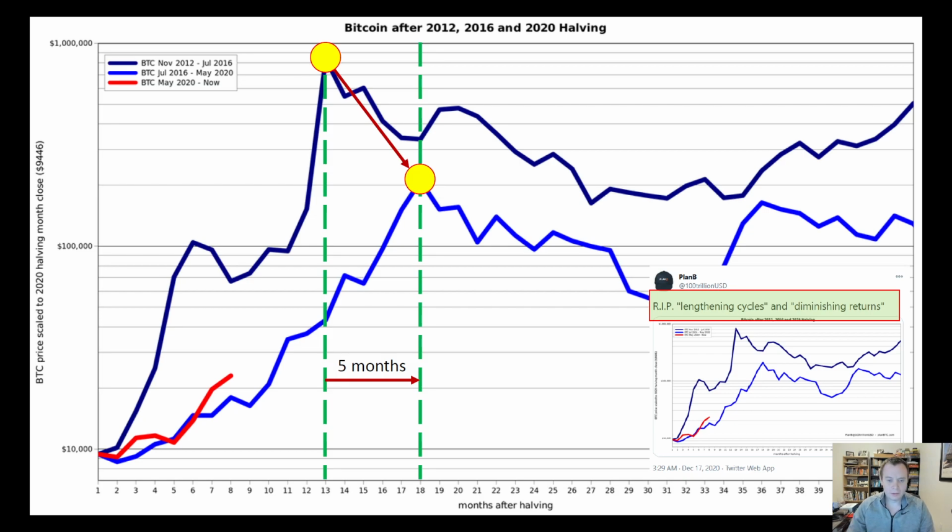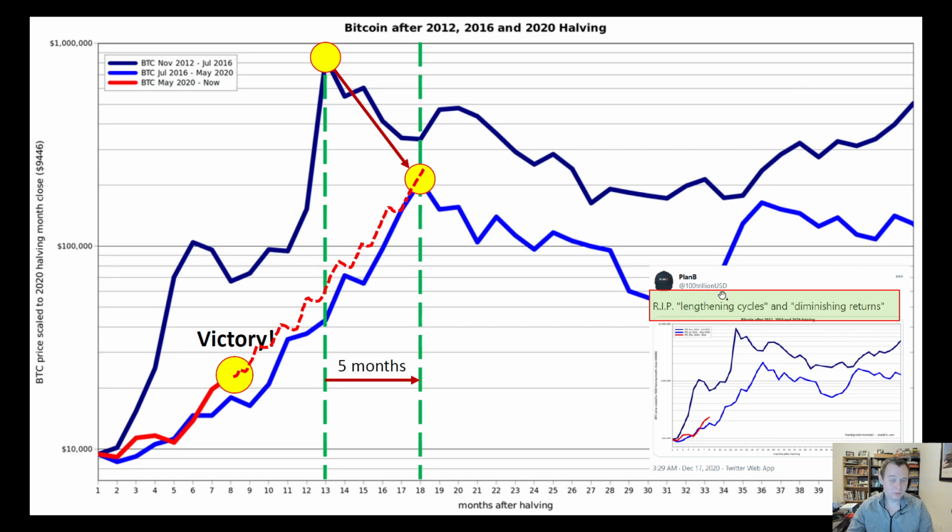So with this in mind, he's claiming victory here in saying that, okay, lengthening cycles are wrong, diminishing returns are wrong, despite the fact that the first two cycles we can see that both were actually true. So I guess his suggestion is that the ROI, in fact, as measured from the halving, is going to do something akin to this, where it's basically just going to increase from here. And I'm sure he would agree that there would be pullbacks along the way. Nothing goes up monotonically, of course,